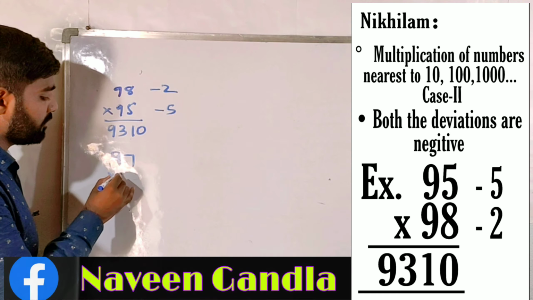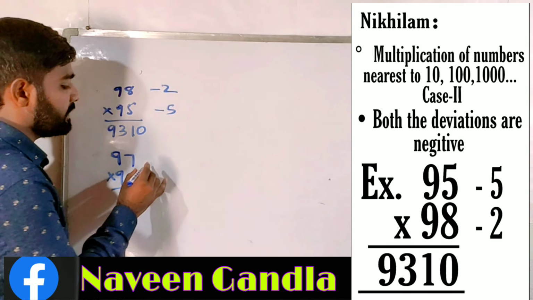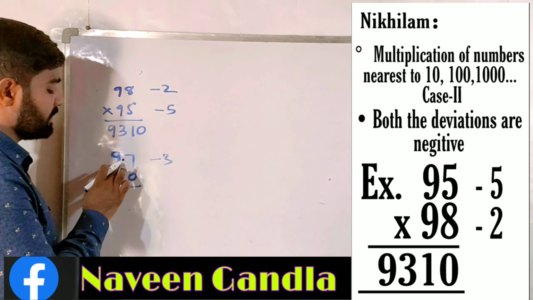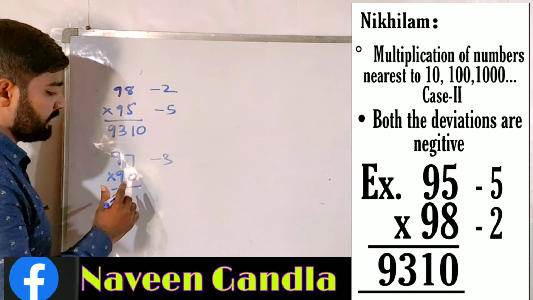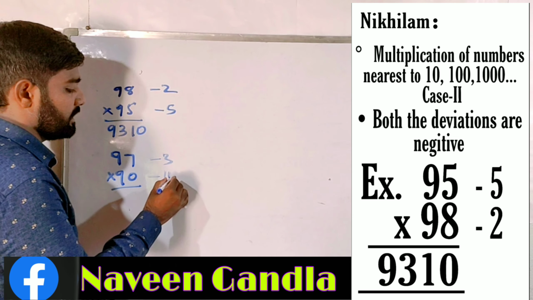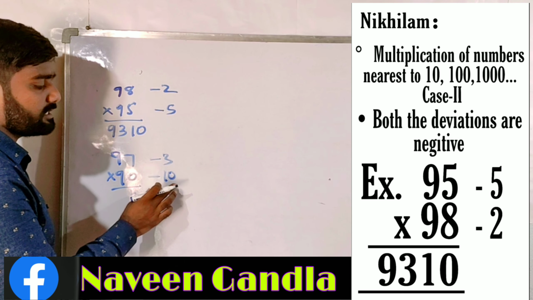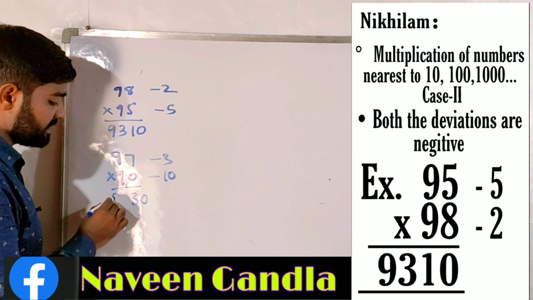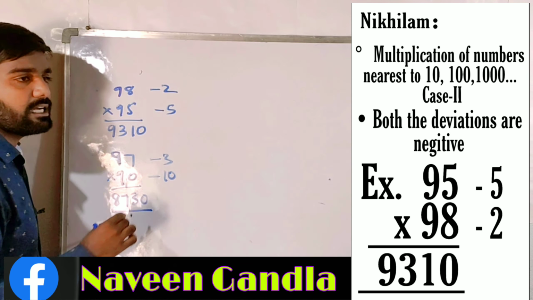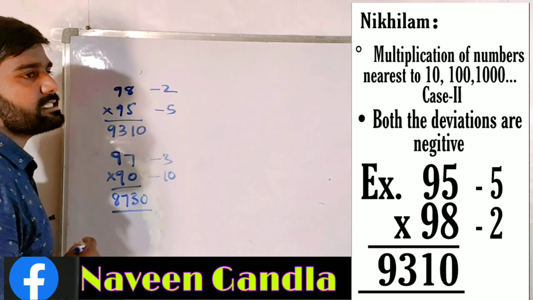97 into 90. Here the deviation is -3, means 97 is 3 less than the 100. 90 is 10 less than the 100. Their product 3 10s are 30. 97 minus 10 is equals to 87. The answer is 8,730. One more example,